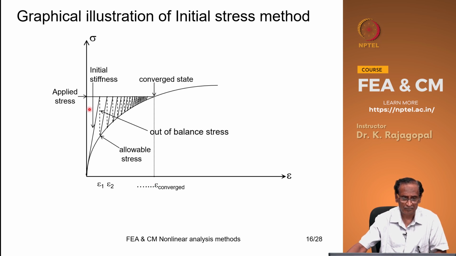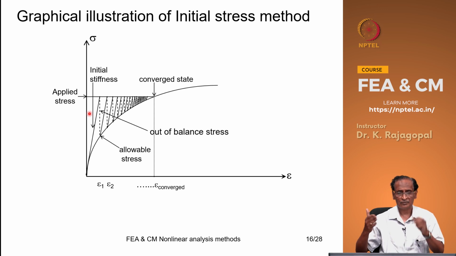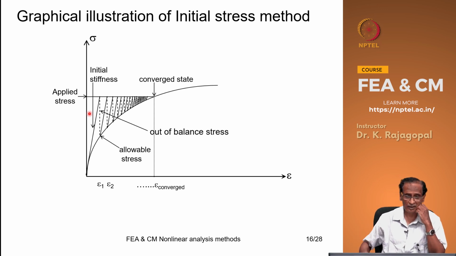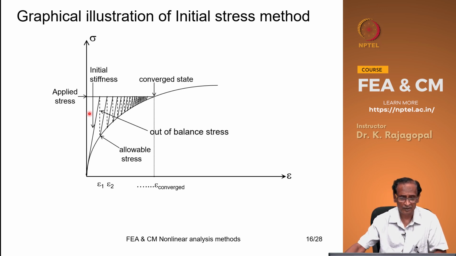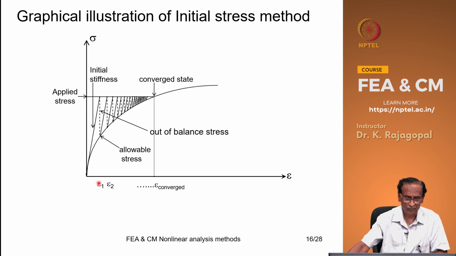At our disposal we have only the initial modulus, the initial stiffness, and corresponding to that is our initial stiffness equation. So if you apply this stress and calculate the strain, we get an epsilon 1, but corresponding to epsilon 1, the acceptable stress is only this much,